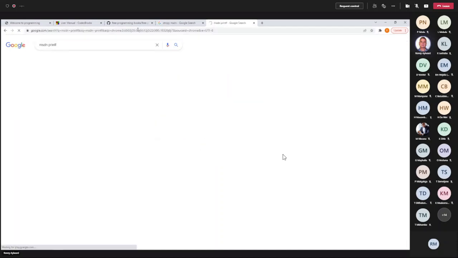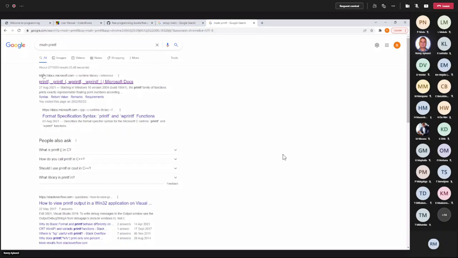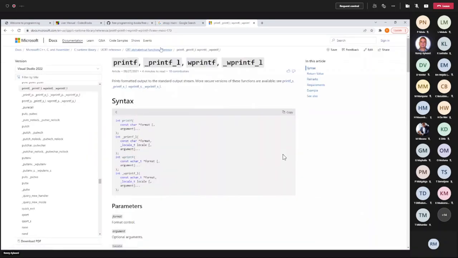You press enter, and what should appear is docs.microsoft.com. And when you click on this, it will open a description of printf.